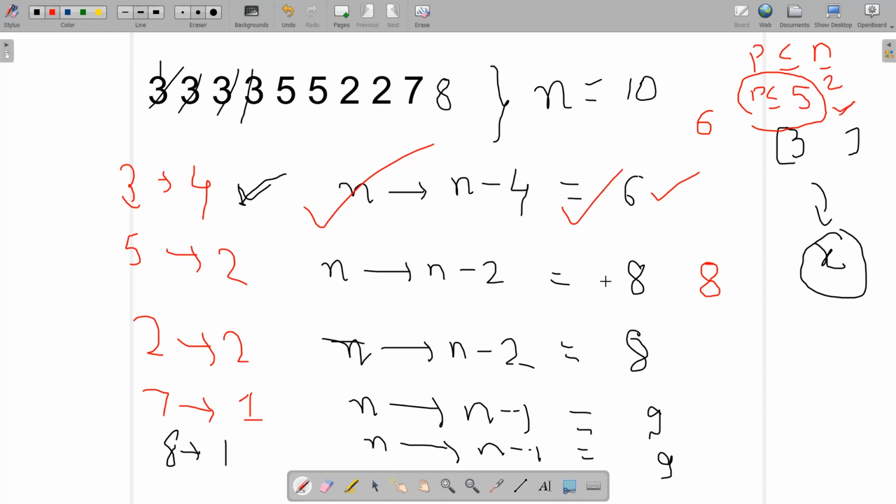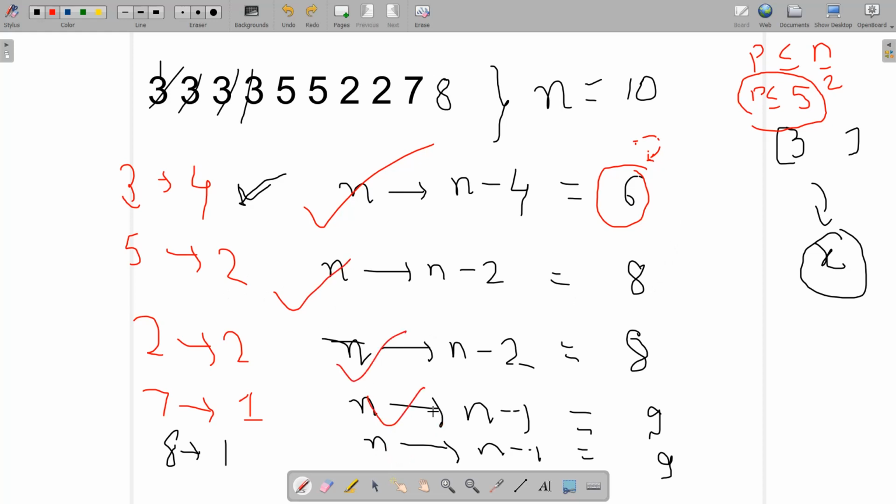Okay, so if I choose this element, it means that all the threes are going to be discarded and 6 is my new size of this set. Again, for the next steps, I need to ensure that p should be less than equal to 5. But still we can see the new size of the set is now 6. So I need to choose one more element. Okay, so choosing this element is optimal, or this or this or this, I don't know.